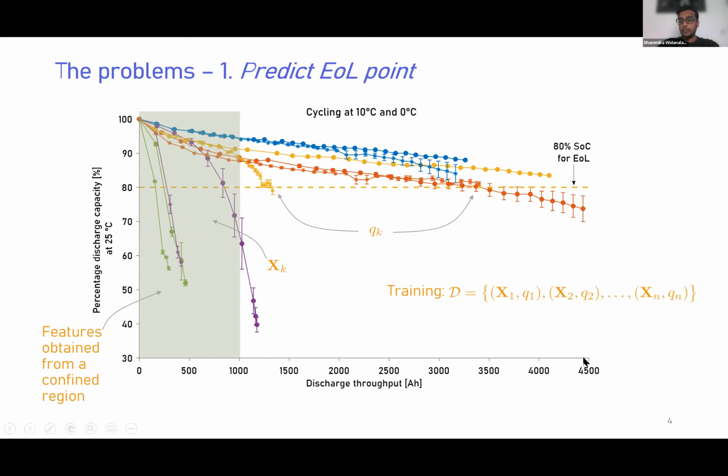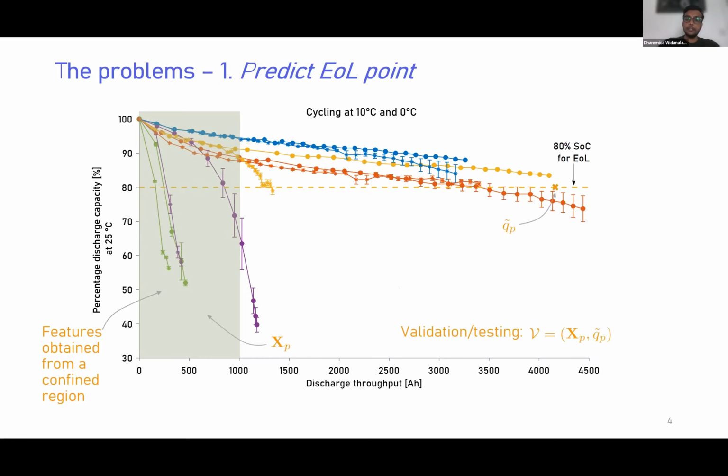You can then start ordering them as pairwise data sets, saying, okay, I've got my training X1, X2, a certain number of features, all constrained to the first, let's say, third of your experiment, but you want to subsequently map it to these end of life points Q1, Q2. That's the training data. Then you say, if I get a new operating condition from this green shaded region, can I say what the corresponding end of life is going to be? What the number of cycles, or the discharge throughput, will be before the cell ends? This is one of the problems some people tackle by looking into data-driven methods.